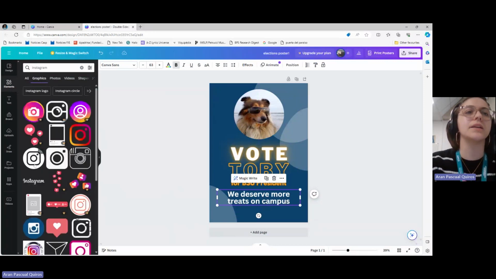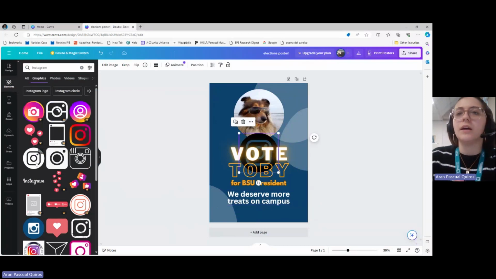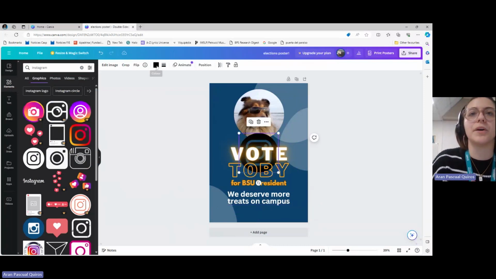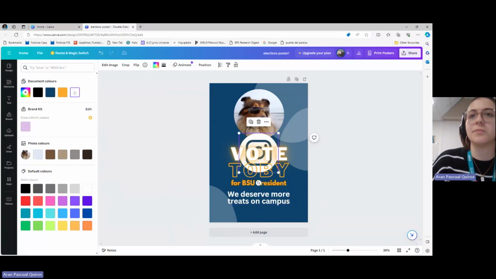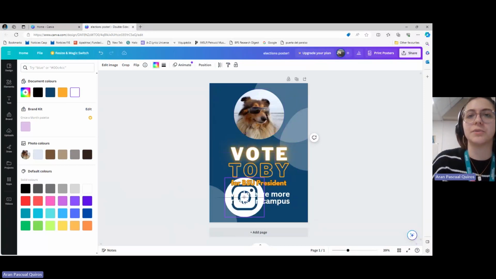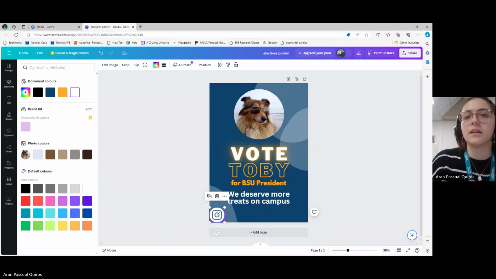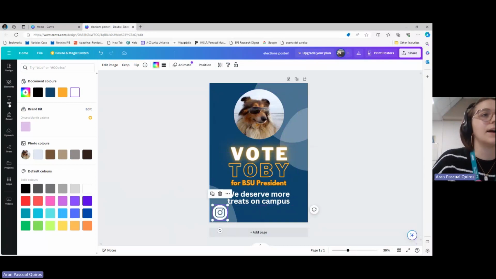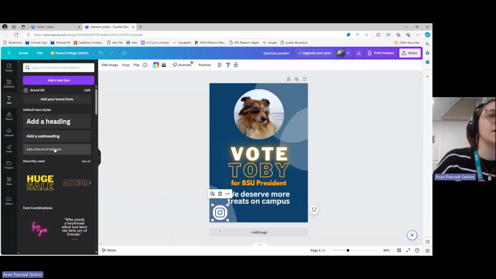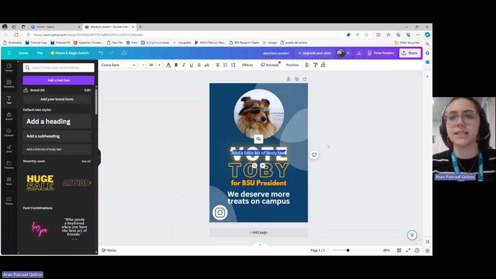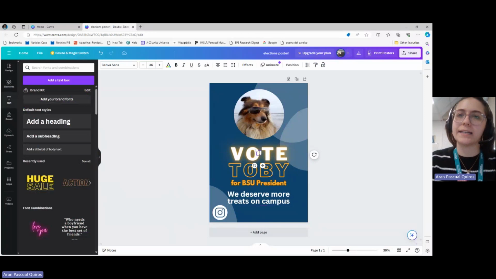So we can put a little Instagram logo to make sure that people know that we are linking our own Instagram. We'll put it in white so that it's legible. And then we'll put it nice and small, a little bit centered, and add some more text. We're adding a little bit of text. So we can put at, we deserve